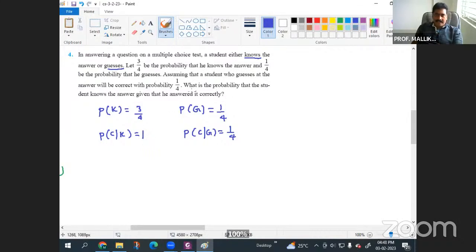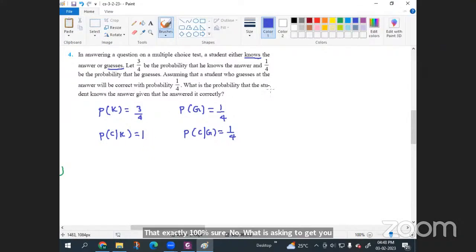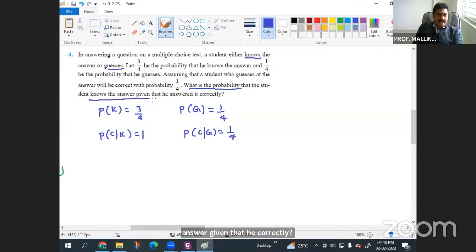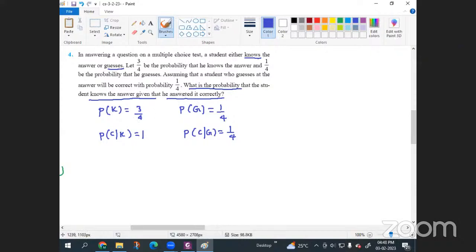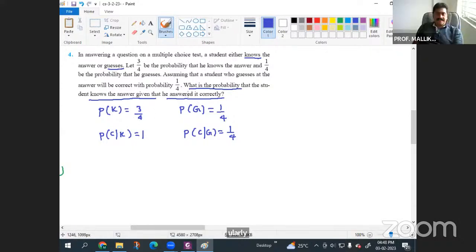Now, what is being asked? What is the probability that the student knows the answer given that he answered it correctly? He knows the answer given that he answered correctly. What is meant by particularly here? It is K given C, the probability of K by C. Now, our required probability equals the particular probability by the total probability. So that equals